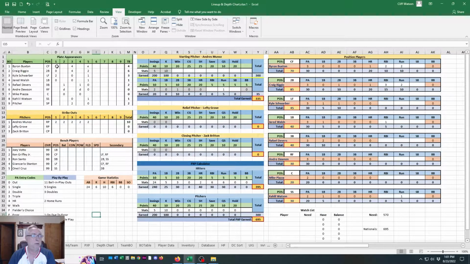So for example, let me just delete all this. You can see right now this says 695, but as I delete information, boom, the information goes. Now there's a little bit of information that has to be hand entered besides the codes in the box. Say for example Byron Buxton gets a double. Okay, so you can see the Byron Buxton page over here. He gets a plate appearance, he gets a double, and it adds up his PXP points for that hit, which is 20